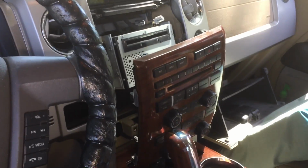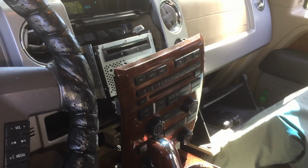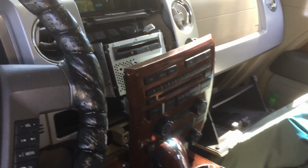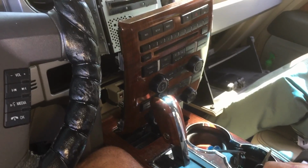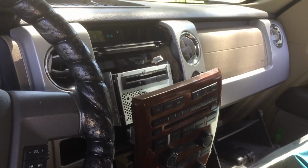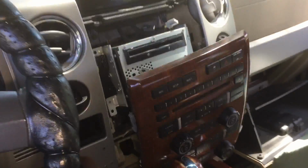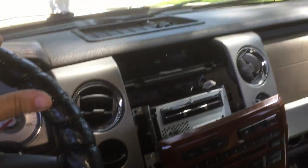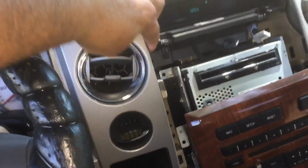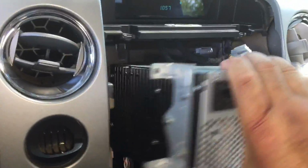So I got my tripod out, got my cord out so my phone wouldn't run out of juice while I was doing my live stream, and got all my tools set up, pressed the live stream button, and went to work. Pulled my dashboard apart, pulled this trim out, got this trim off, got my radio out,